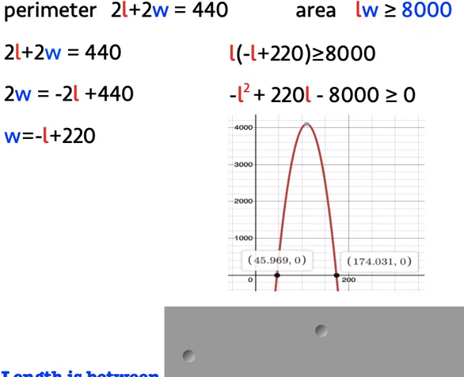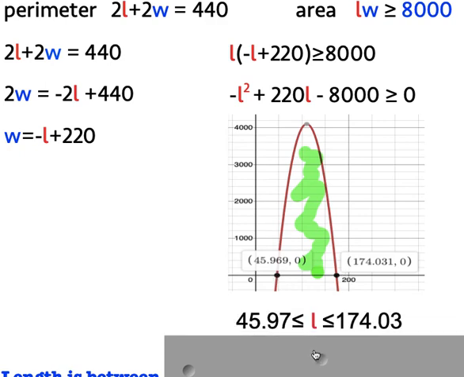Well, no, of course it is not. So 0, 0 does not work, so it's what is inside that counts. So if you look at just the X values, we want the X values inside that parameter. So what we could say is that my length has to be between about 45.97 and